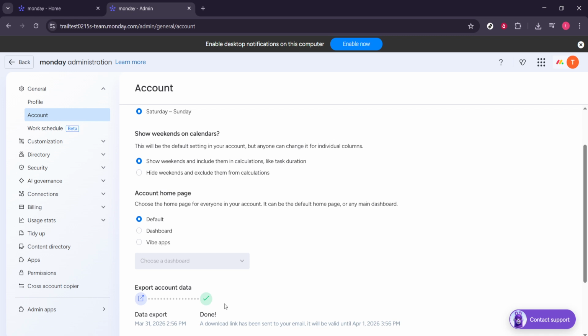And that's it. You've navigated from your profile menu to administration, opened the account area, and used the export option to back up your Monday.com boards. Keep your backups organized and scheduled regularly so you're